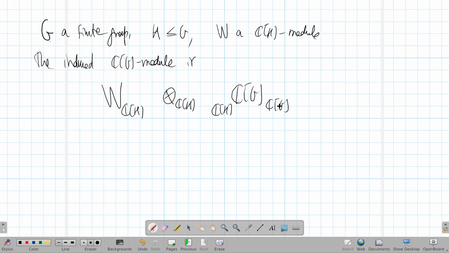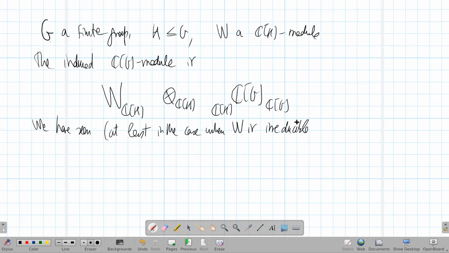And we had seen, at least in the case when W is irreducible, but then it's true, I don't want to discuss this too much, but then a direct sum argument shows that this is always true, that this module, this induced module, is a direct sum as vector spaces, say,